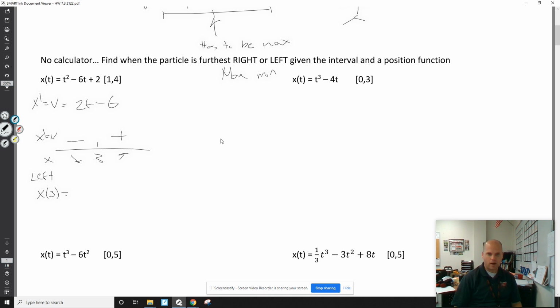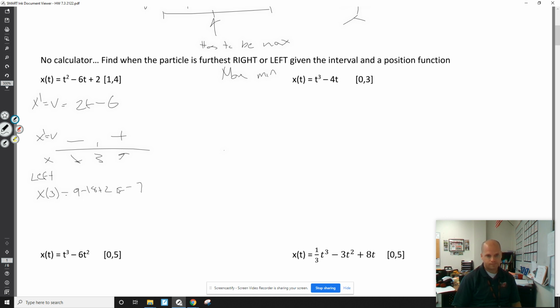I started somewhere, I move left, I move right. No matter how much I move left or right, this right here has to be when I'm furthest left, at 3. Now, I don't have to confirm it. It doesn't ask me what my position was, but if I wanted to, I would just plug 3 back into the position. 9 minus 18 plus 2 is